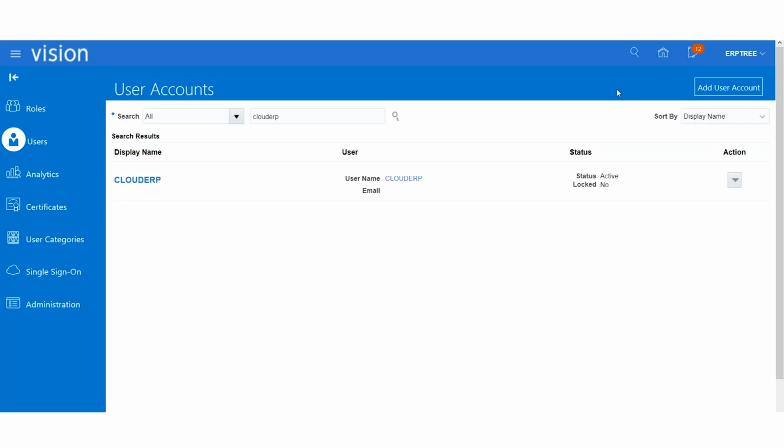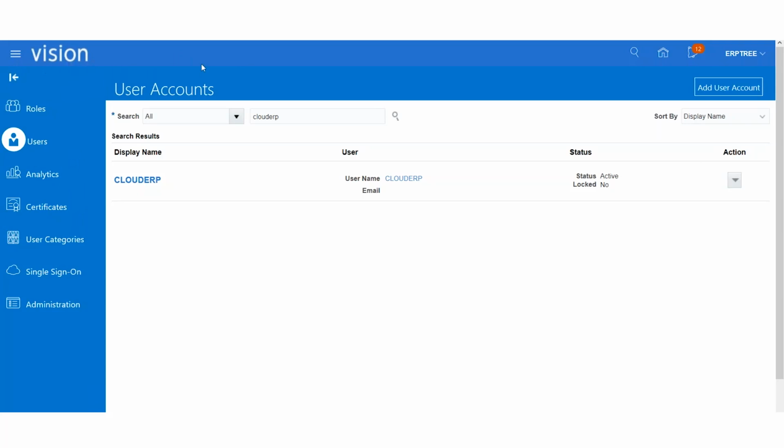Actually, I'm already enrolled with the ERP tree, and they provided me with an environment. But I see that it doesn't show the Vision, but something else. One second. It's a logo. Whatever the instance is, that is also the Vision instance only. I can change this logo to ABC. So in that case, you should not think that it is not Vision.